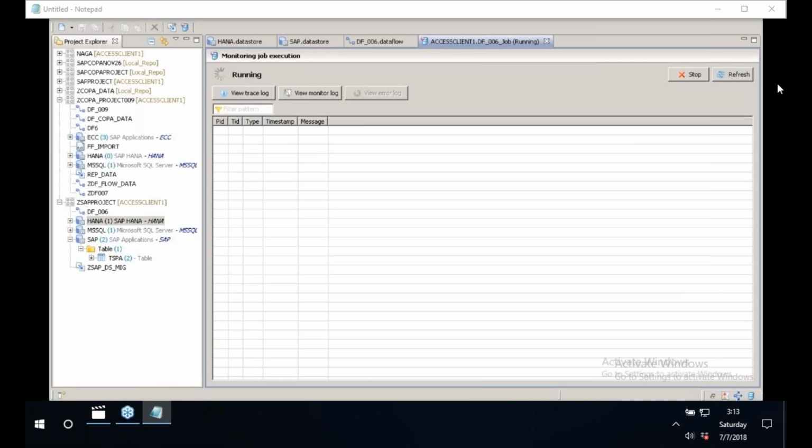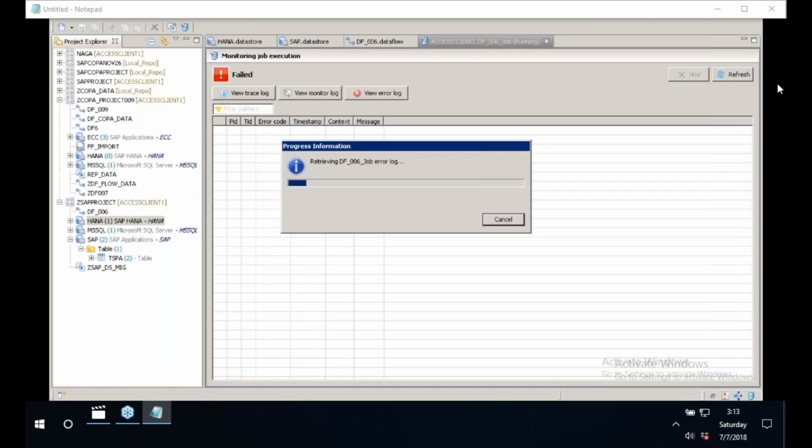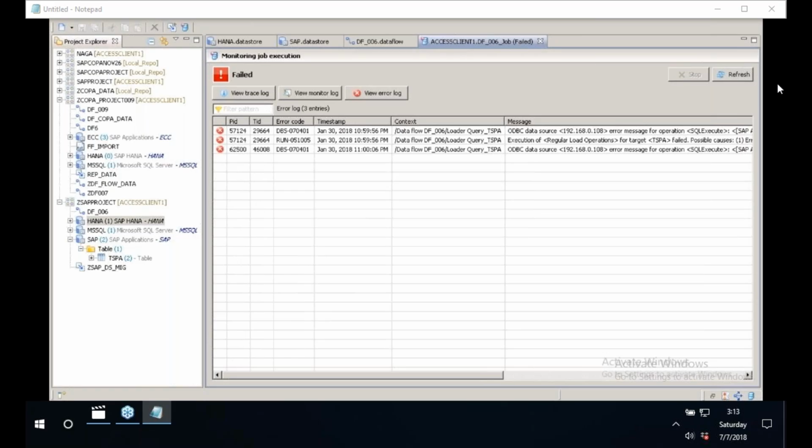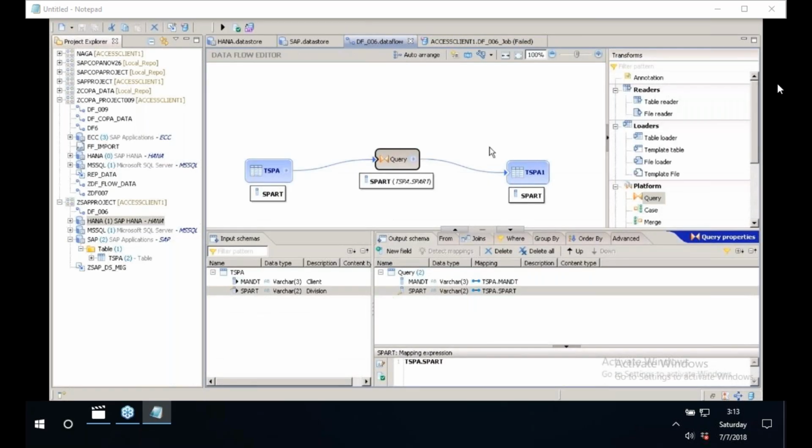The job is running. It's going to execute now. It got failed. So the problem over here is, what is the issue here? So the issue over here is,